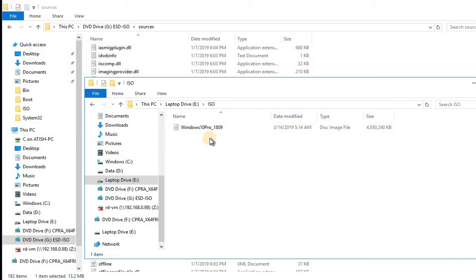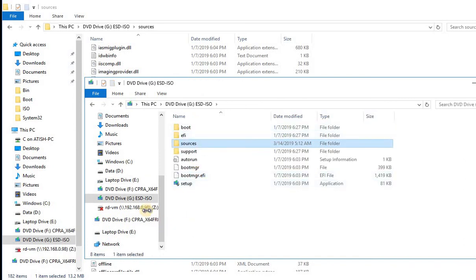An ESD file stores an encrypted Windows image format, that is a WIM file. Whenever we download such files directly from Microsoft, we get this ESD format. For example, when we download files for Windows 10, or try to upgrade the OS to Windows 10, we see this same issue. I downloaded the Windows 10 ISO from the Microsoft site, and when I try to mount it,